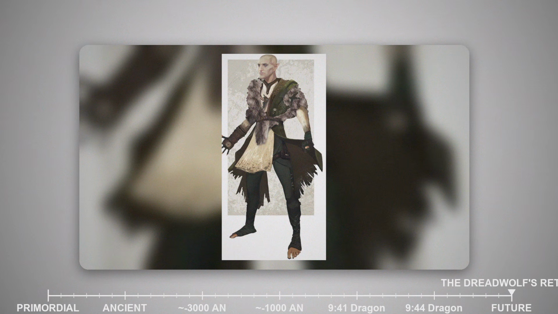Solas's motivations, while seemingly destructive, are rooted in a profound sense of grief over the loss of the ancient elven empire and a deeply held belief that the current world is a pale, broken imitation of what once was. He views the Veil not as a protector, but as a prison, a scar upon the world that has diminished both elves and magic.